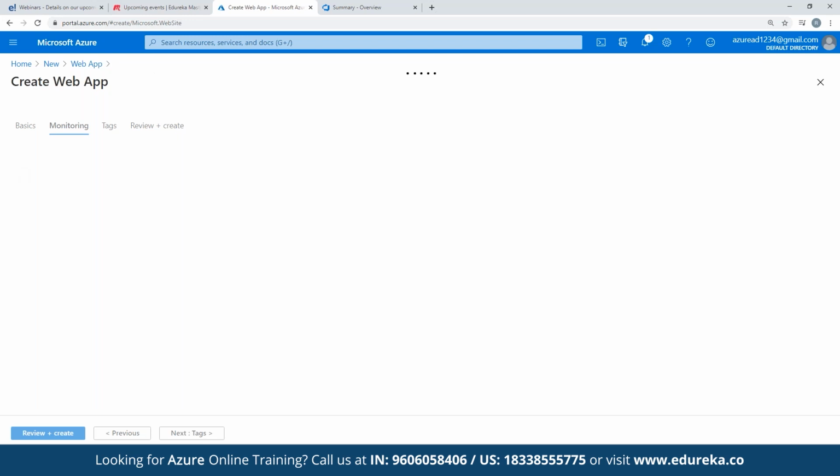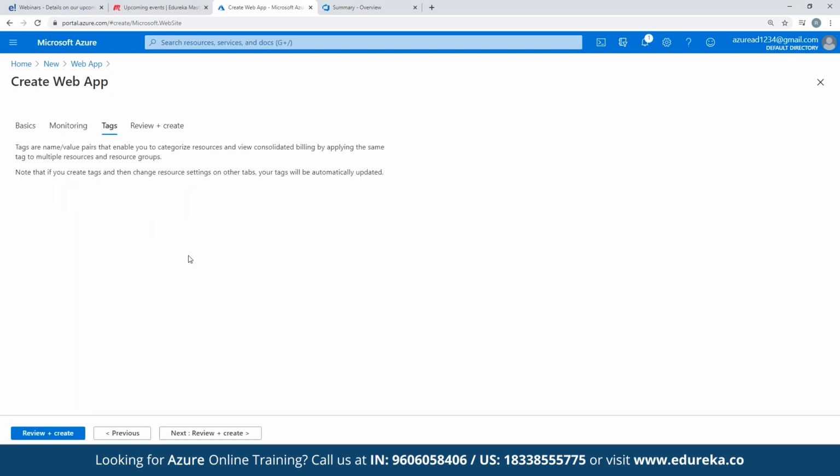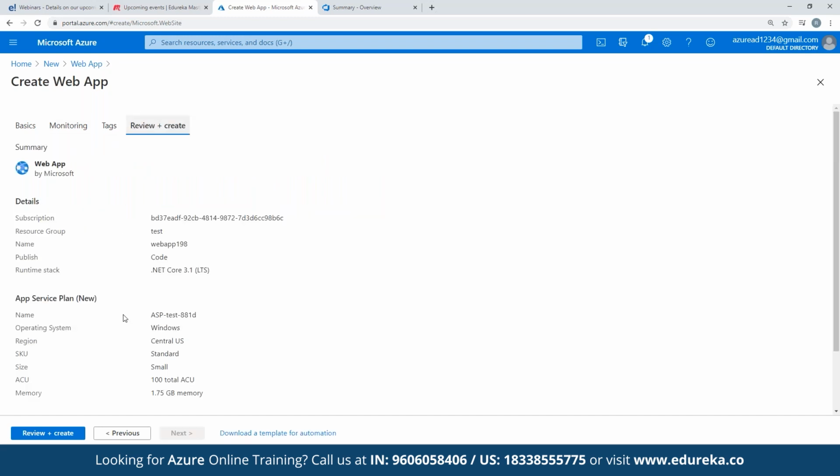For your web app monitoring, we have some options which we can select as well. Application Insights is one of the technologies where we have monitoring available, right? Tags are only naming values. If you want to put your tag for a value or add your cost center or organization's specific team group, you can just tag it to this web application which we are going to create now.